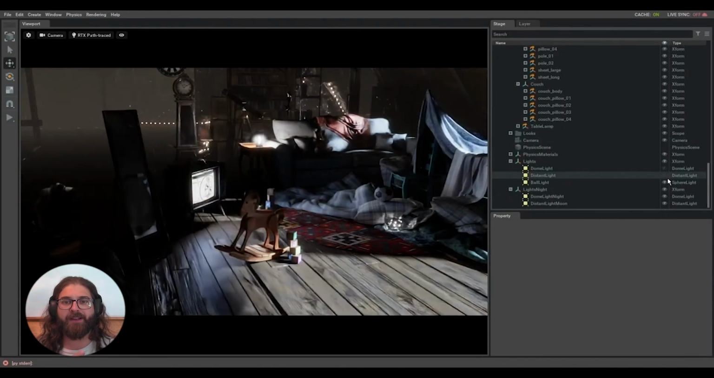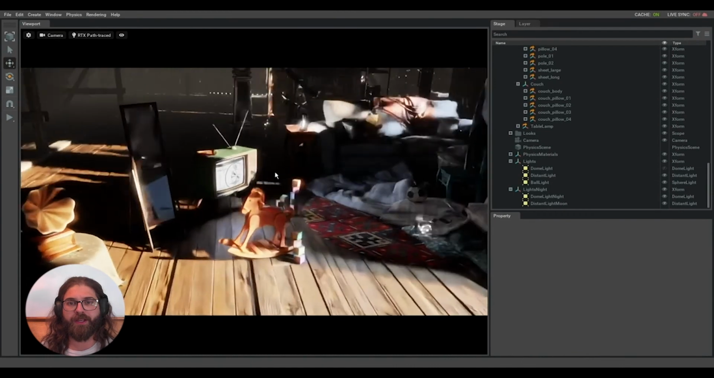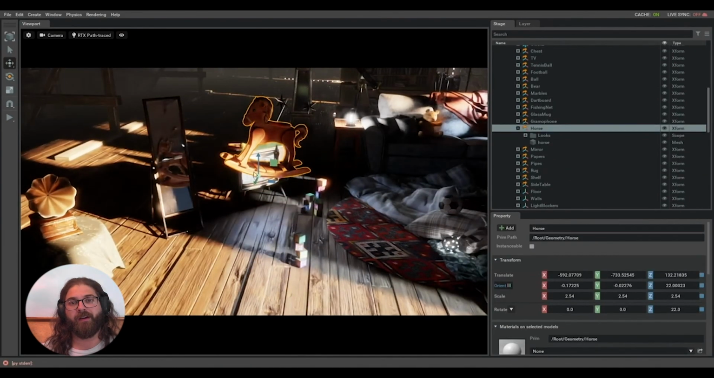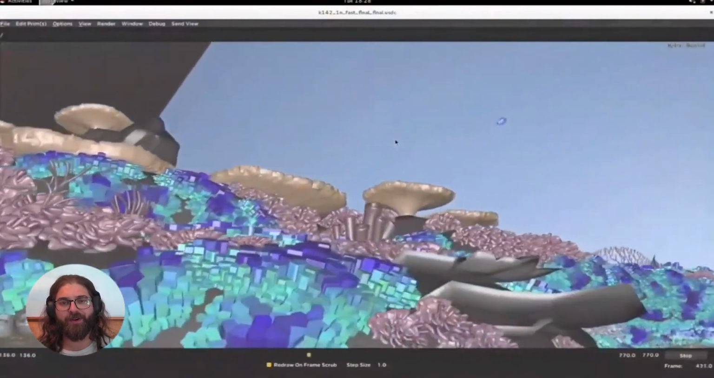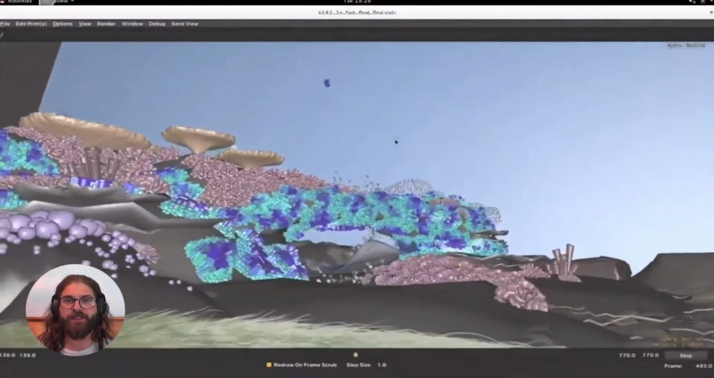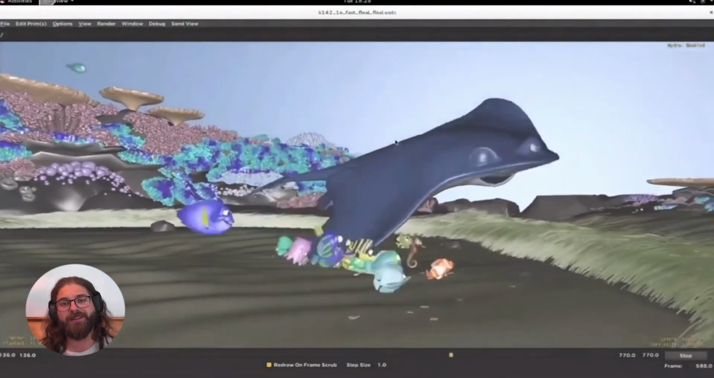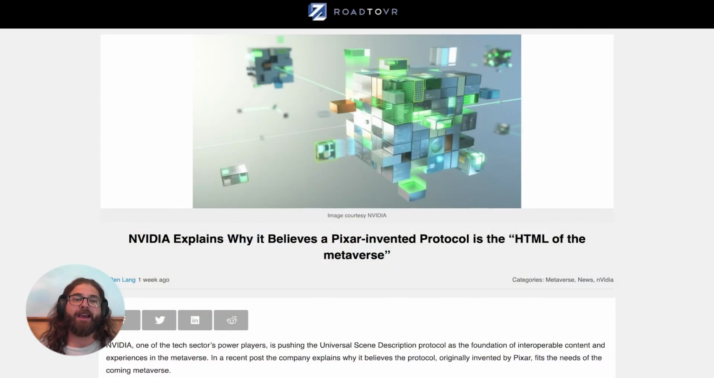And having that in a neat protocol that computers can read makes it a lot easier for them to create these environments and ultimately create the movies that they create in a much faster process, in a way that the computers that they're working with understand what's going on within these virtual environments. And NVIDIA came out talking about this because they believe that it could be the HTML of the Metaverse. So if you're not familiar, basically the idea is HTML is the code behind every website